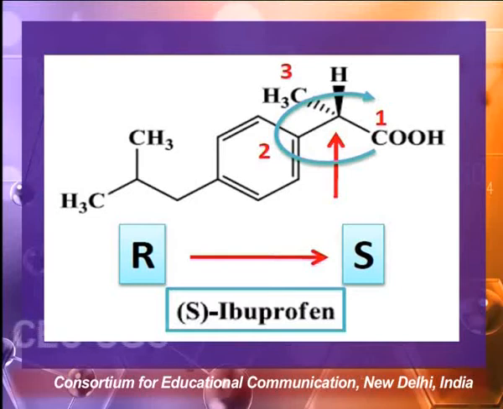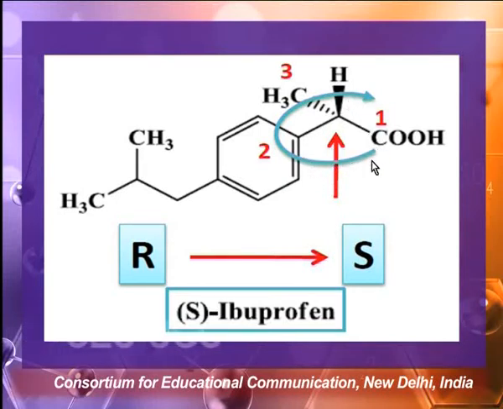So in this case, what we find is that the chiral carbon here is attached to 4 different groups: hydrogen, methyl, then we have a substituted phenyl group and a carboxylic group. And when we give priority to these groups, we find that the carboxylic group has number 1 priority, the substituted phenyl group has number 2, and the methyl group has number 3. And the group which has priority 4 is on the wedge. That is, it is facing the observer. So, according to this, the configuration is S.